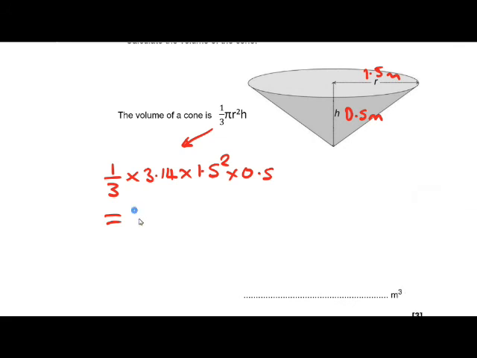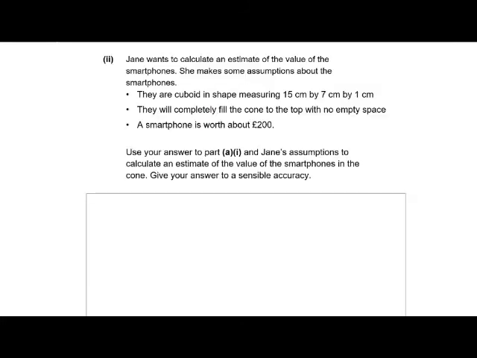And you end up with 1.1775 meters cubed, because it's volume. So it's 1.1775 meters cubed. Okay, the next part of the question says that Jane wants to calculate an estimate for the